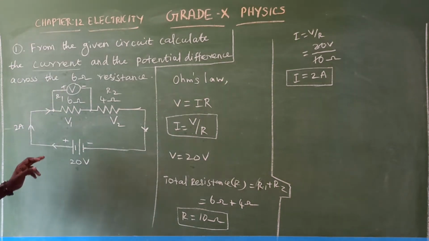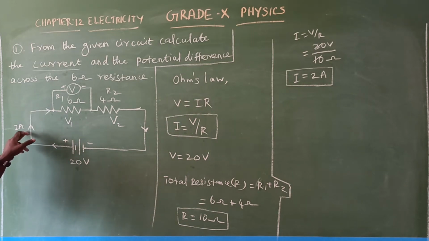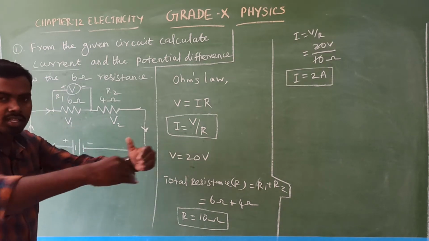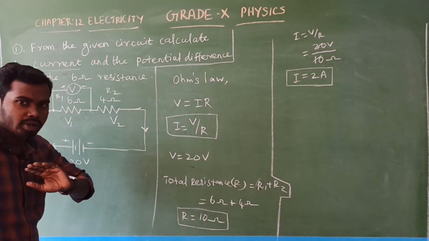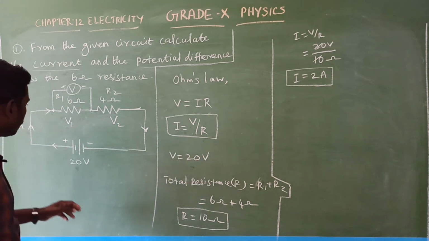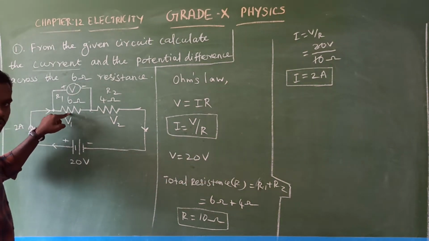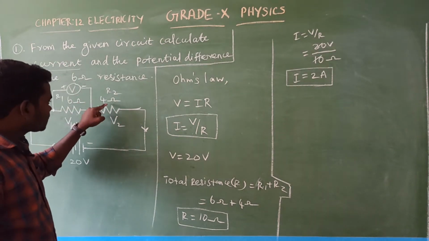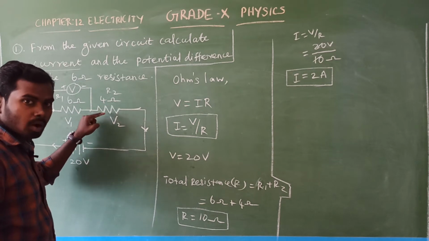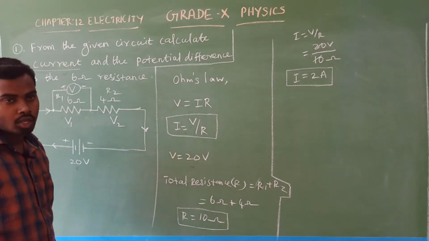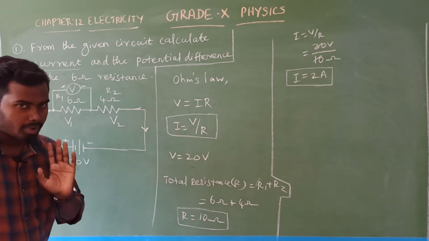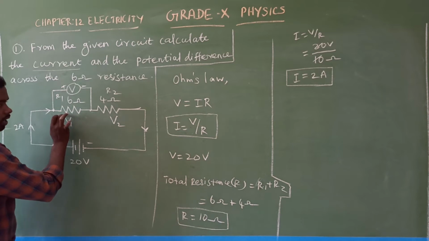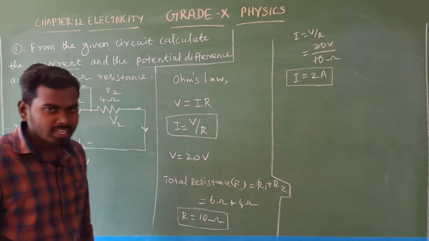But what is the current value, sir? See, in this circuit 2 ampere current is flowing. Am I right? So already we know in a series circuit current remains same. Whatever resistors are connected in series, the same amount of current flows through all the resistors. So across the resistor R1 the same 2 ampere current is flowing, as well as across the resistor R2, the same 2 ampere current is flowing. Am I right or wrong? Current remains same here. Isn't it? Yes, very simple.